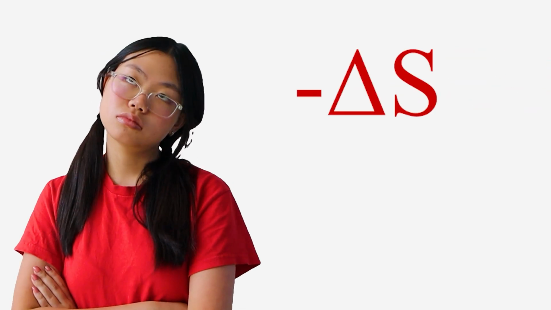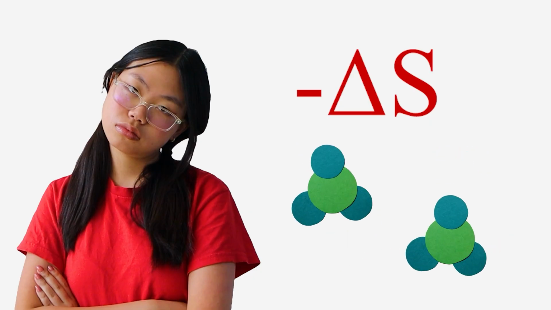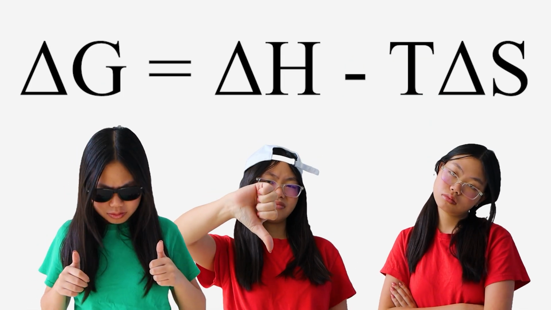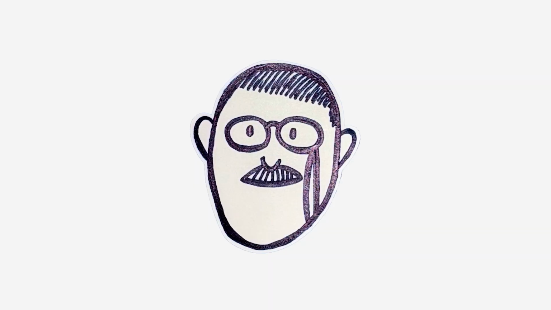But wait, entropy is negative 2 since particles decrease. 4 reactant molecules versus 2 product molecules. Gibbs ends up the positive peacekeeper and she won't favor the reaction. It sounds like a dead end for the trio, but we can get them on the right page with Le Chatelier's principle,